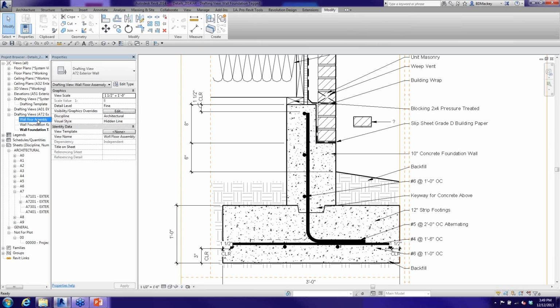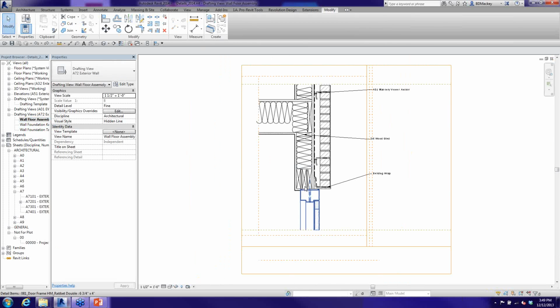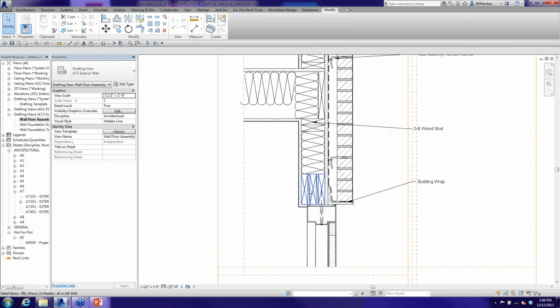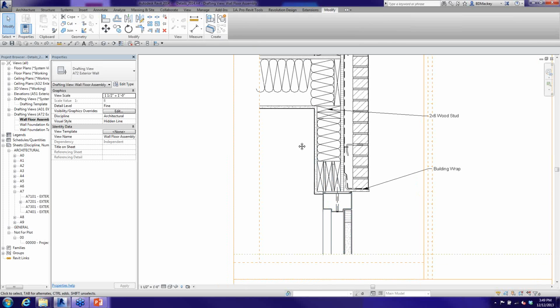Go to my door assembly. Yeah, so, well, this might not be the one I was looking for. One of the ones that I had, and I thought I had a different detail inside this project, it must be an older one. A lot of things you'll start to see me do when I get in there